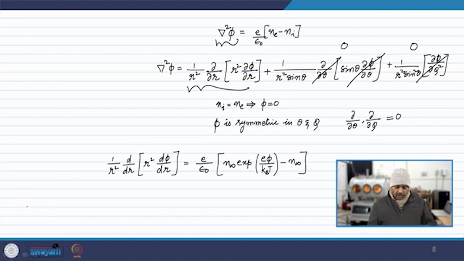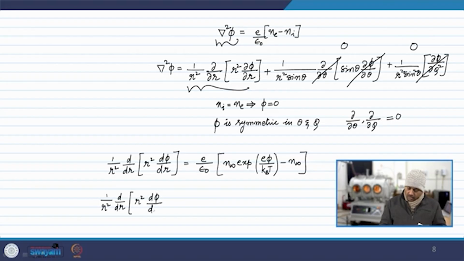(1/r²) d/dr (r² dφ/dr) = (e/ε₀)(n∞ exp(eφ/kT) − n∞). Right. So, I will just rearrange the terms for convenience. Some algebra, which is essential for thorough understanding of the physics: dφ/dr = (e n∞/ε₀) times